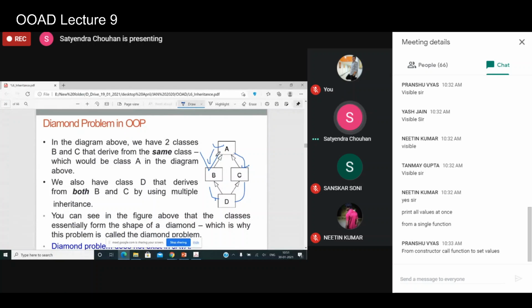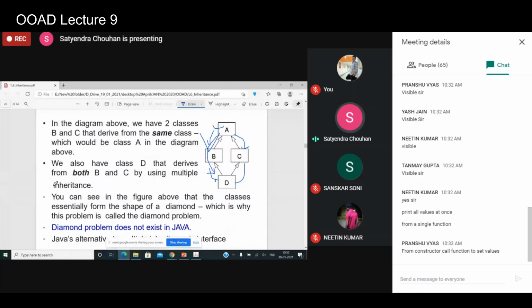The message method, let's say, should it be taken from class B or class C? If there is an ambiguity, then there is a problem in object-oriented programming.